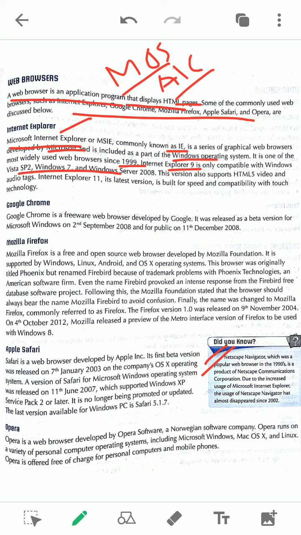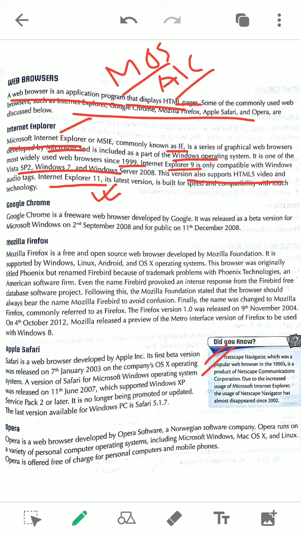The next one here is another version for Windows. It is Internet Explorer, and here you see the version that supports HTML5 contents and tags is 11. This version 11 you will find in Windows 10. Previously, say Windows 7 or Windows 8, Windows 8.1, whatever you have, that Internet Explorer cannot run HTML5 content. Some of the tags may not work there properly. So for that, Internet Explorer 11 is the application that can work on HTML5 very nicely.